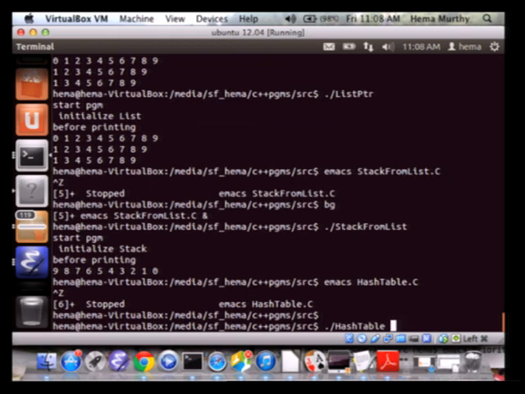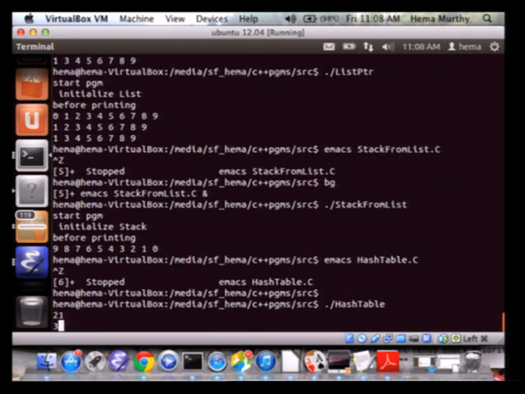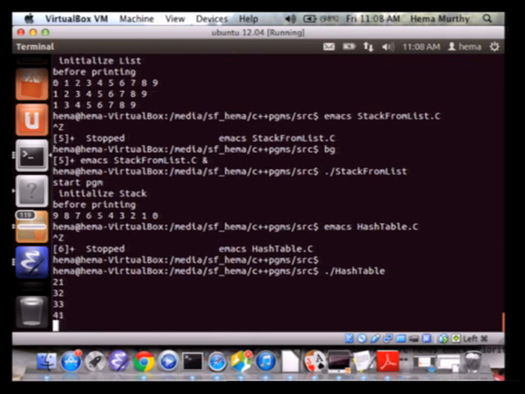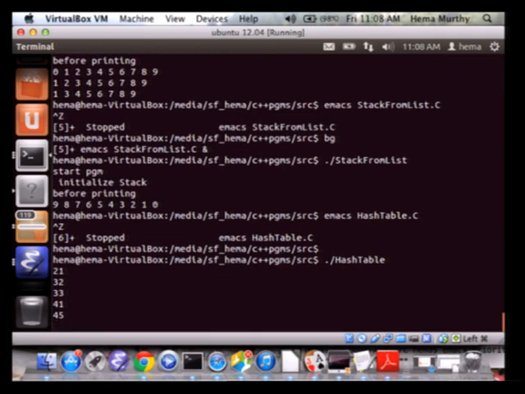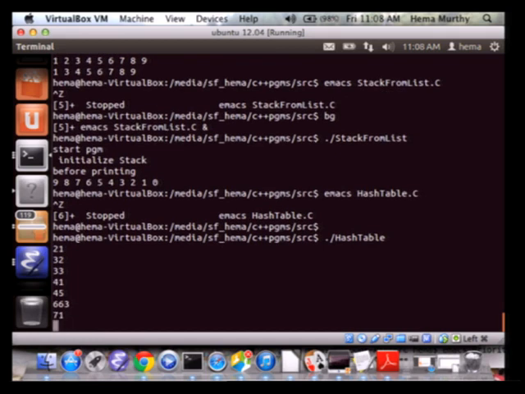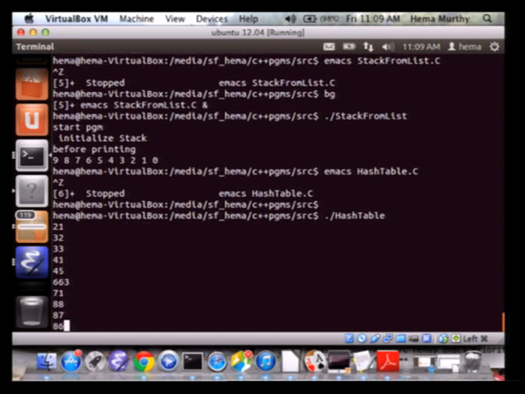Table, and let us say I gave 21, 32, 33, 41, 45, 663, 71, 88, 7, 86.